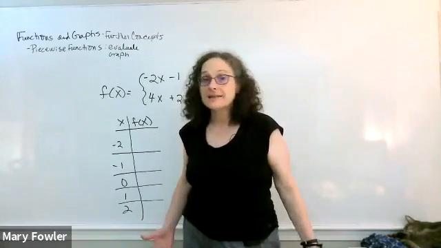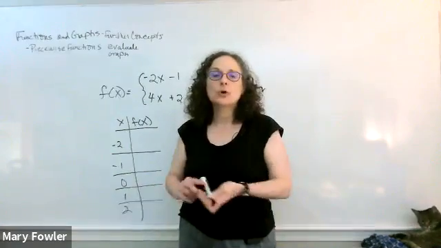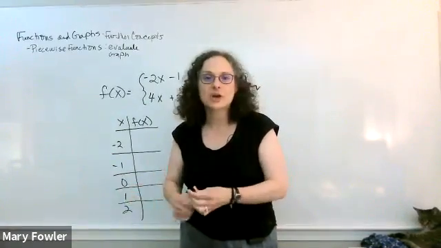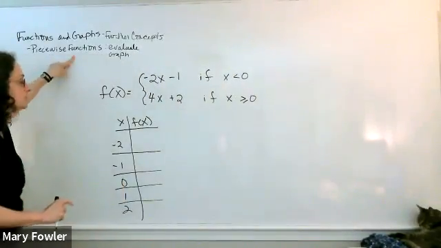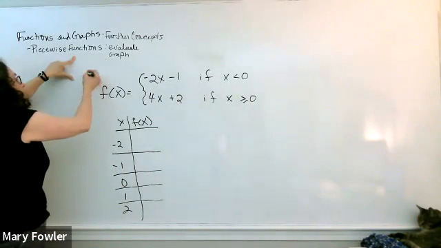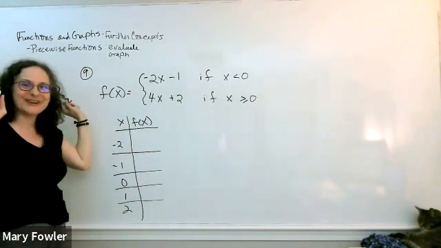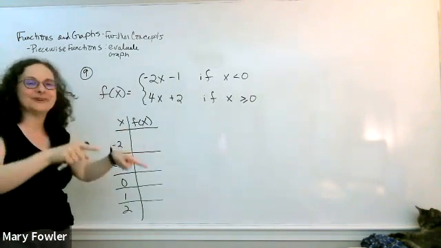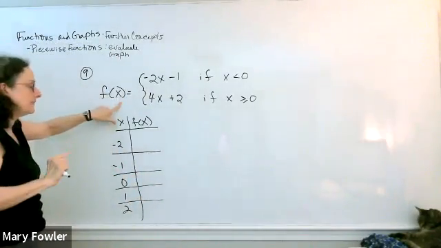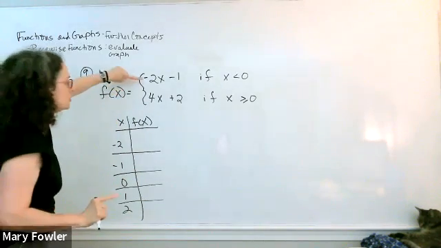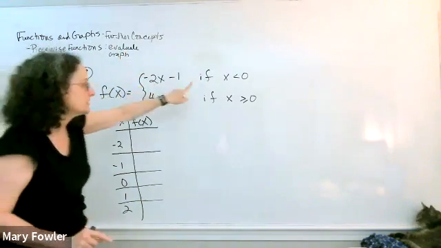We're working on some concepts with functions and graphs of functions, and we work with a worksheet that's posted in the discussion box below. So we're thinking here about piecewise functions, and if you're working with the worksheet, this is number 9. Part of the lecture came before, and part will come after this one. So we're given a piecewise function, because there are 2 pieces to it. You can have more than 2, but this one has 2 pieces defined